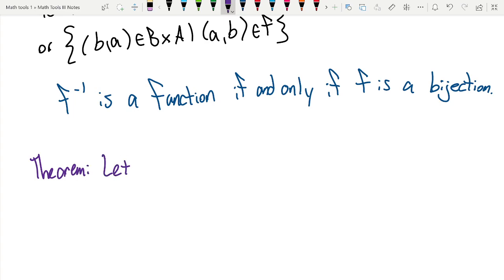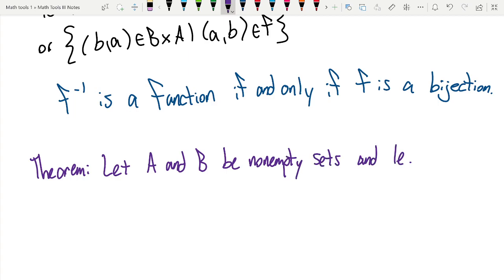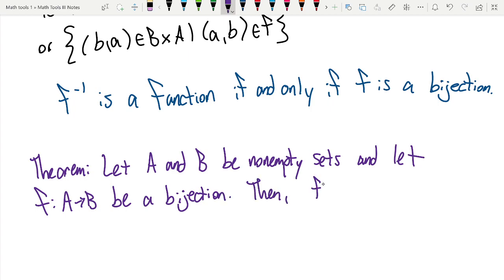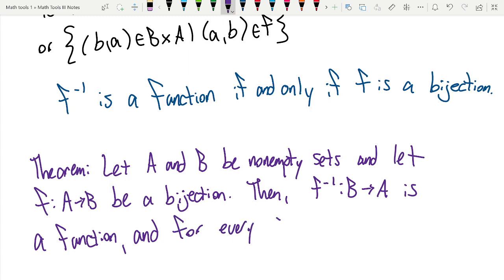Let A and B be non-empty sets and let F be a function from A to B, be a bijection, then F inverse from B to A is a function and for every A in A and B in B,